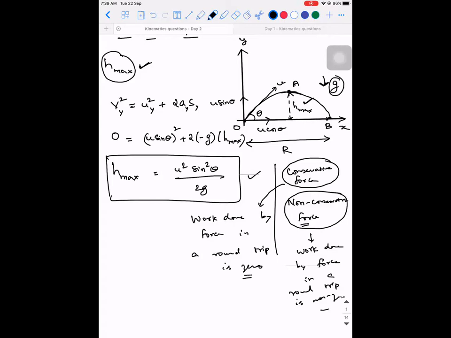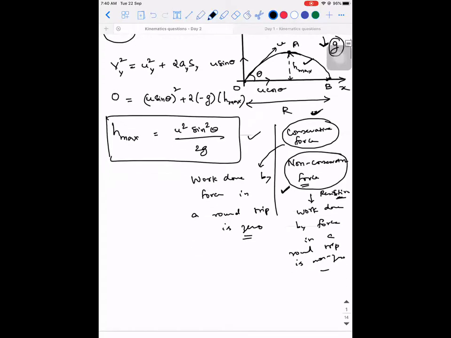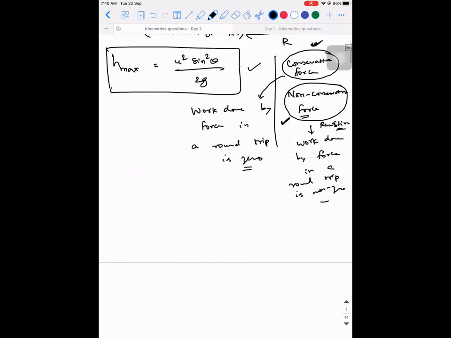So what are the forces in nature that have the tendency to take away energy? They are called resistive forces as well. That is friction, air resistance, and viscous force. These are all the forces which are non-conservative in nature. Why I'm explaining all this is, whenever there is motion of an object under the influence of a conservative force, you can always go with the concept of the energy conservation theorem.